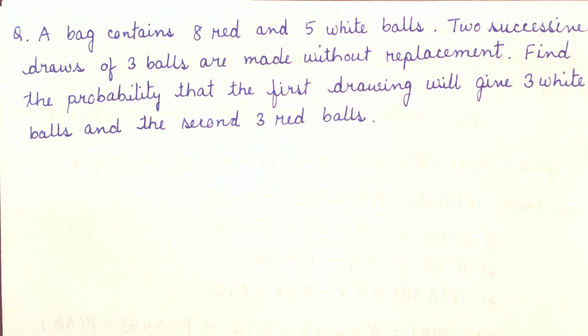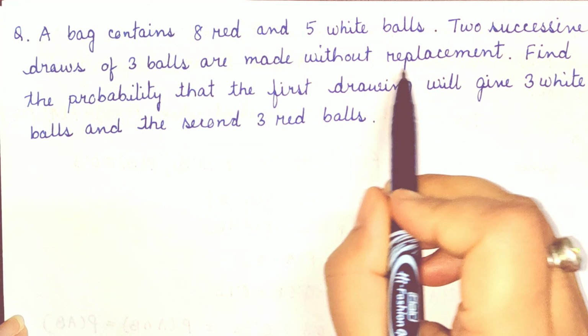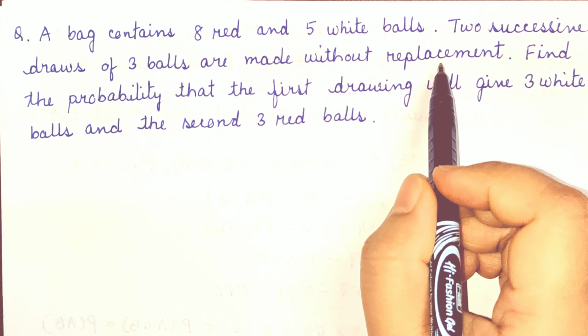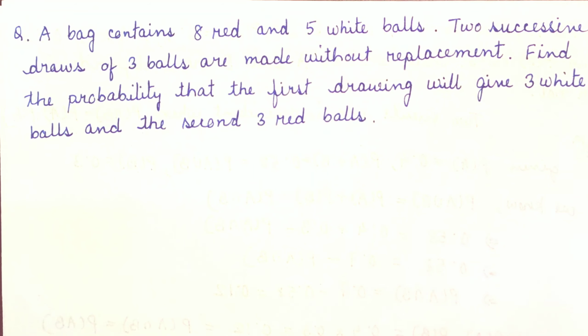So this is conditional probability. In conditional probability, the second event always depends on the first event. Here we have to draw 2 balls. The first ball we have already drawn from the bag. So the condition is given that it is without replacement. That means the ball we have already removed from the bag will not be replaced again. That's why it is called conditional probability. Suppose it was given as with replacement, then it would not be conditional probability, it would be the other probability.